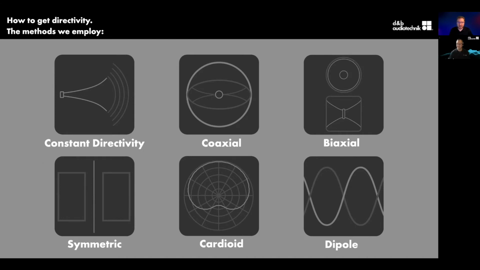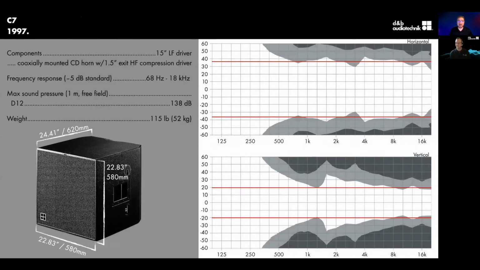So the first loudspeaker I want to talk about is the C7. This was released in 1997. I'm sure there's a bunch of folks in the audience who are familiar with the cabinet, really, really like this cabinet. 75 degrees in the horizontal, 40 degrees in the vertical. Excellent sounding cabinet, great pattern control. The catch was, it was 115 pounds or 52 kilograms. Easy enough for a pair of people to put onto a stack, like on a stack of a sub, on a C7 sub or a B2 sub.